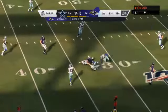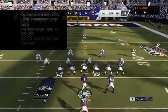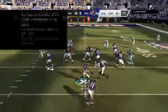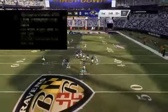This has to go down as one of the simpler routes in the playbook. Hey, maybe go to my phone and look and see who that is. Go to my phone and go to YouTube and look at